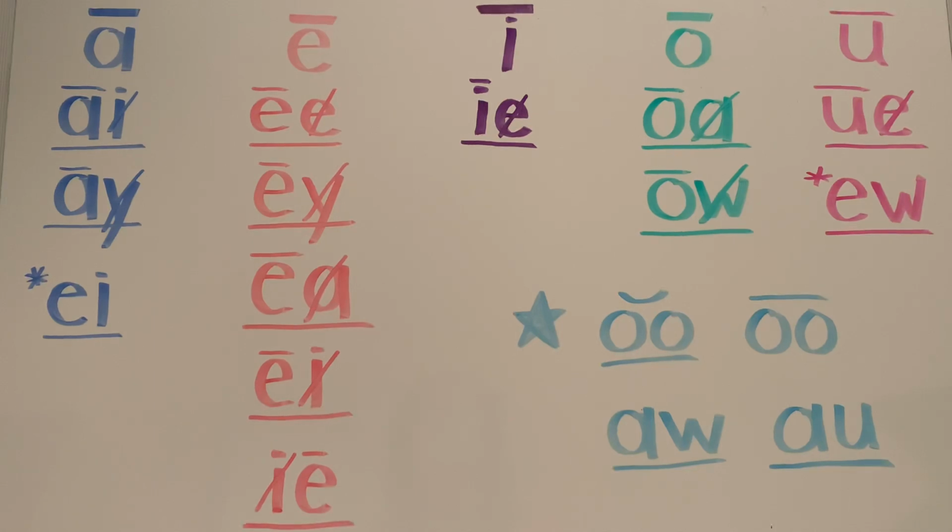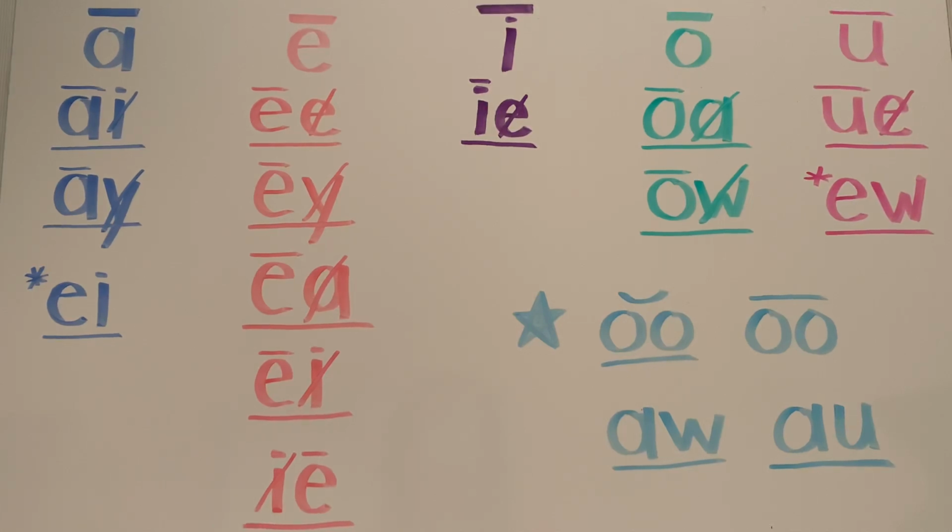So let's start with the long A sound. We have AI and AY, which we like to call the what? That's right, the sound twins. AI and AY. Now, those are two vowels together. On both of those, I hear the A and I do not hear the other vowel, so I cross it